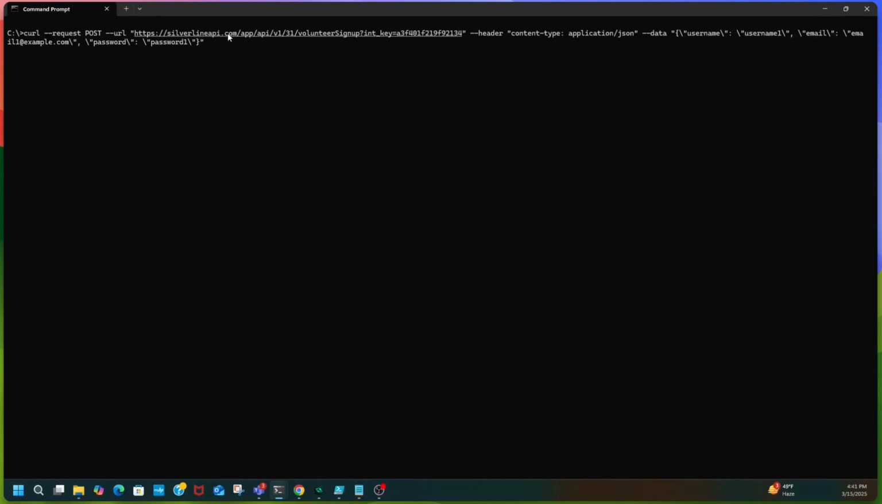I'm going to send a curl request using the post method, with the header's content type being application/JSON, and the data that I'm going to send is a username, that's username1, and an email, email1@example.com. So this is signing up with the Volunteer Signup API. Once we have this information here, let's just run this. As you can see, we successfully inserted the information and the volunteer ID was returned to us. Next up,